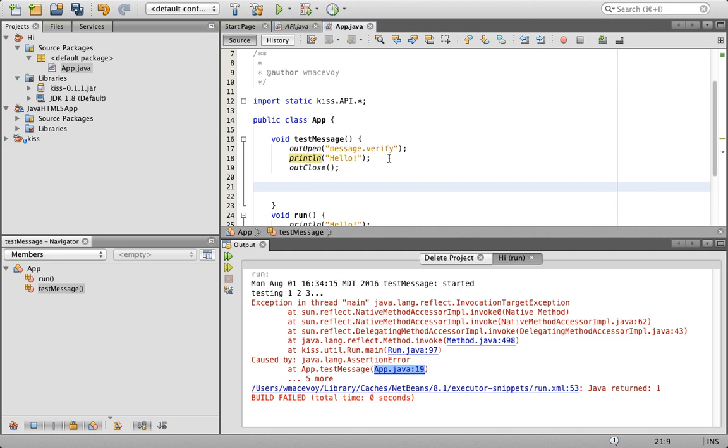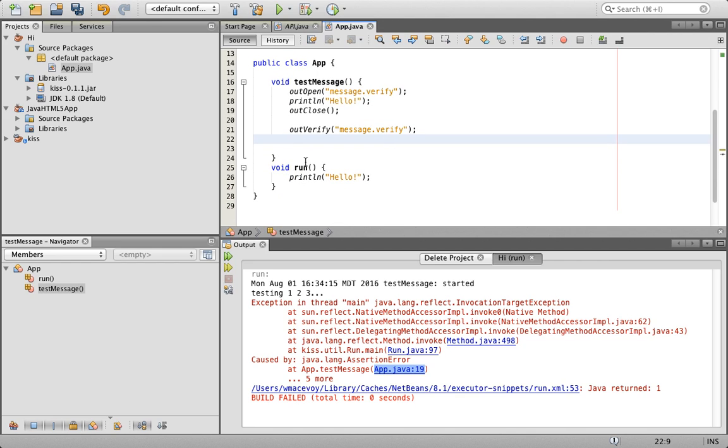So I open it and then I close it, and now instead of opening it up in order to write more information to it, I'm going to open the same file that I just created and say, well, that's actually not what I want to see in future output. I want to verify that as I get more output from my program, it actually matches what's in that message. So out verify, message verify,